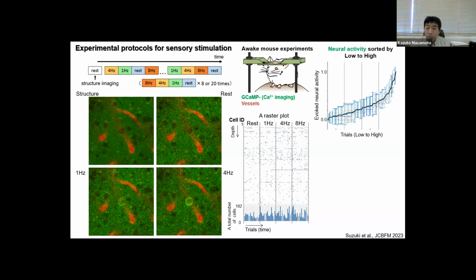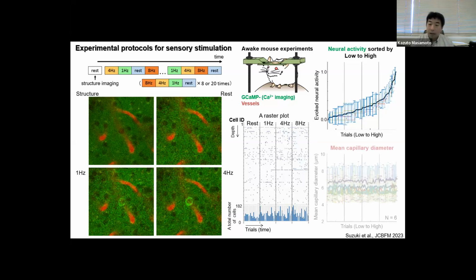We arranged the trials from the small number of neurons activated to the high number. And then if we compare the volume change in the capillaries, we can basically understand the neurovascular coupling. But surprisingly, if you look at the capillaries, there is a very small change, and we cannot detect any significant neurovascular coupling in this area. This is because the capillary diameter could be changed in